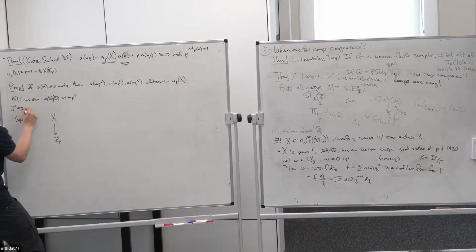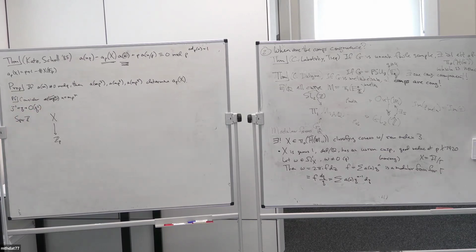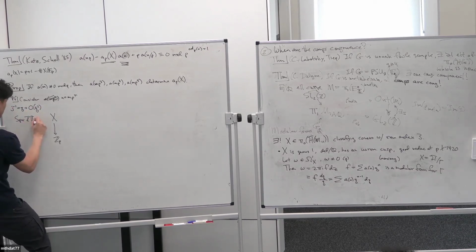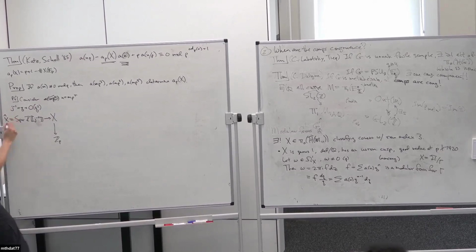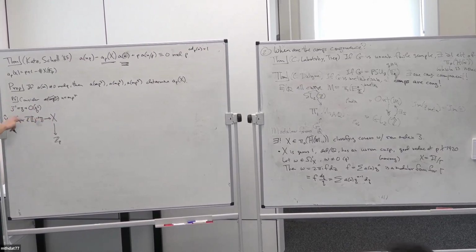So J inverse is Q plus O of Q squared, right? J is like 1 over Q plus higher order terms. J inverse, the inverse of the J invariant, is Q plus O of Q squared. So a priori, let's just look at J inverse. We can take the formal completion, so let's call this x hat. You can take the formal completion of x, it's actually not really formal because we're just looking at the Spec,